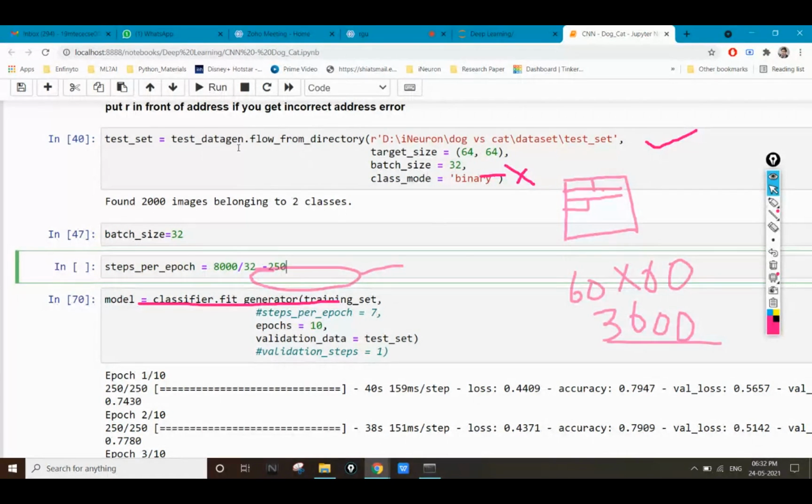You can provide any steps per epoch which is less than 250. This is the maximum value which you can provide.